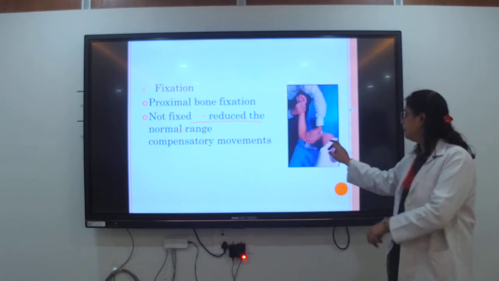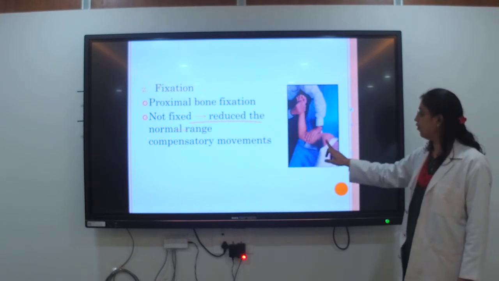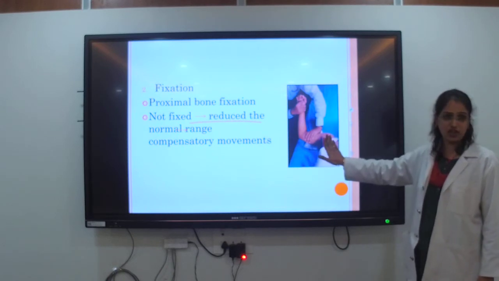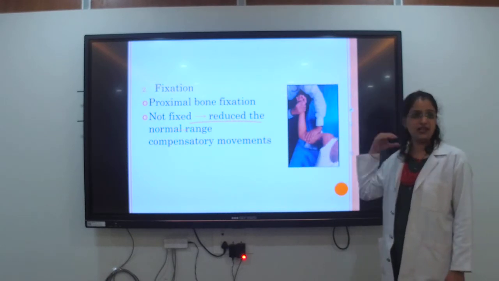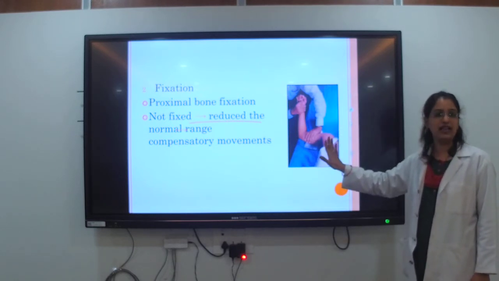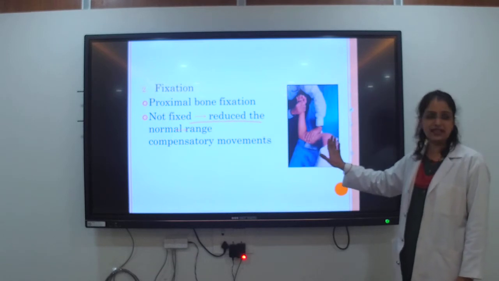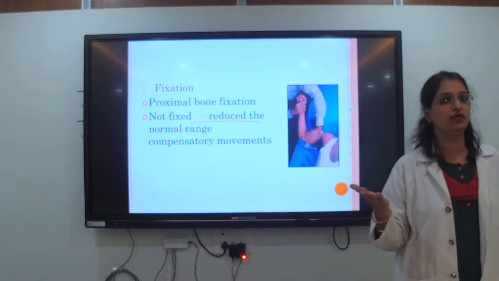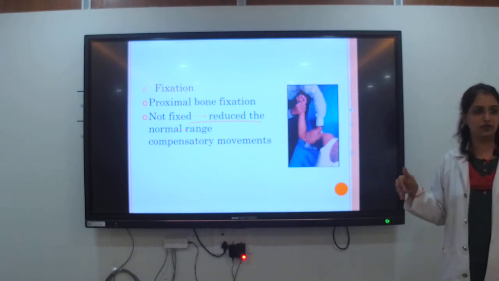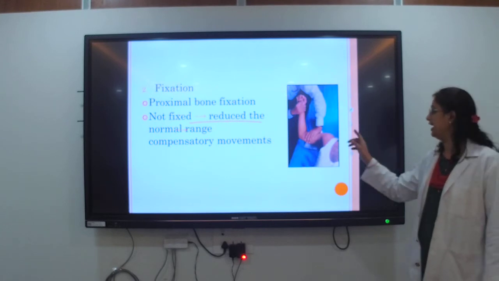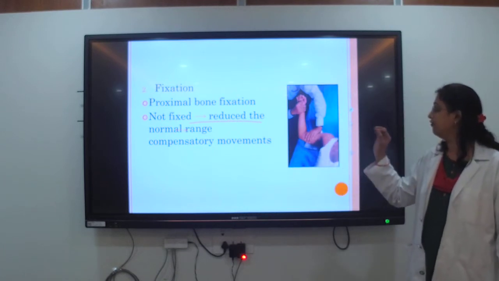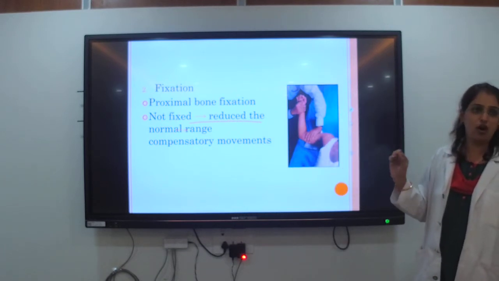See in this picture, the therapist is performing shoulder abduction. For shoulder abduction, the proximal bone is the scapula. Here, only for the shoulder as well as the hip, there is no need to fix the bone, because as the patient is lying down on the bed, the scapula and pelvis are already fixed. Except for shoulder and hip, you have to give fixation to all the joints.